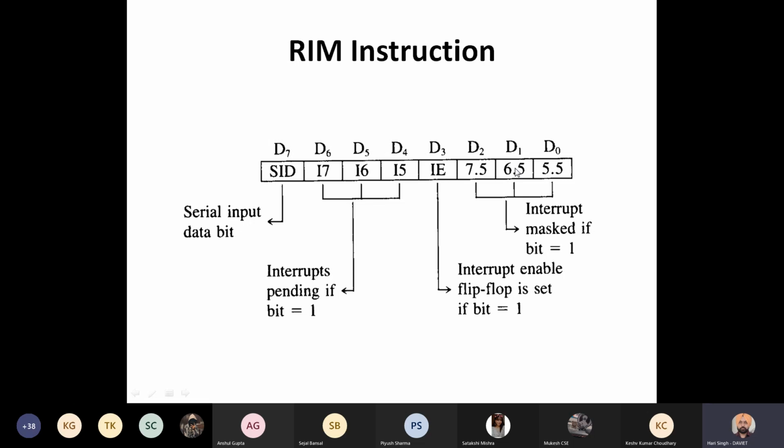RST 5.5, 6.5 are masked, and 7.5 is enabled. Then there are pending interrupts, if any. For example, suppose all the interrupts are enabled. After enabling, suppose 3 interrupts are detected together. The microprocessor detects all three, but only one subroutine is executed at a time. So which interrupt's subroutine has been executed and which is pending, that we can check from these bits I5, I6, I7 and so on.